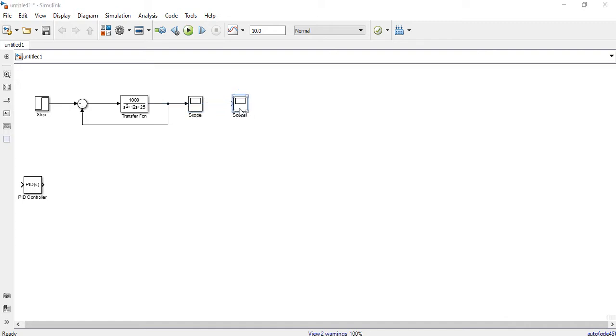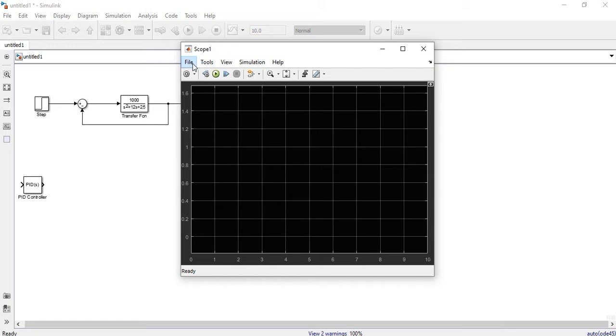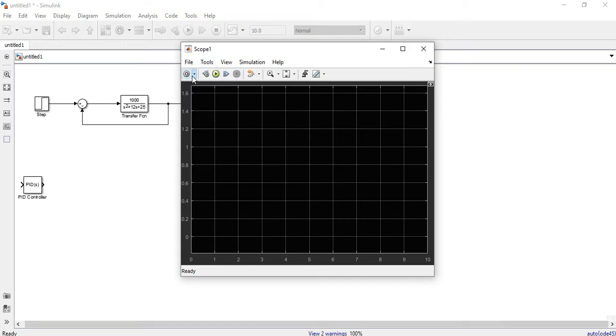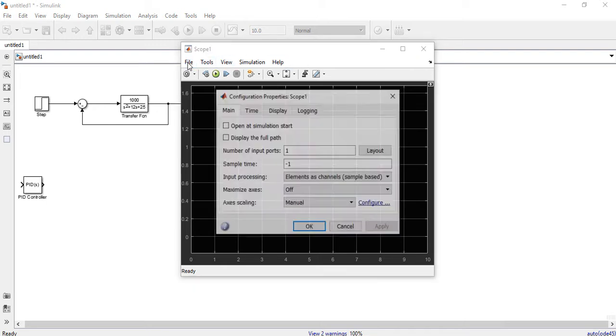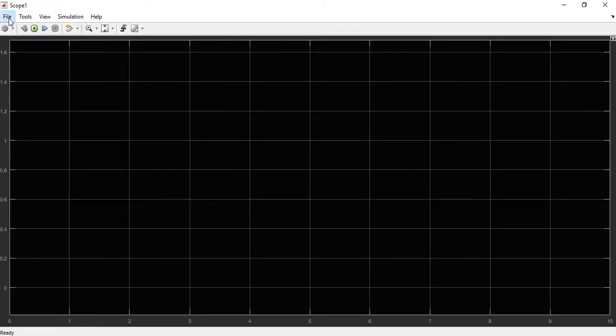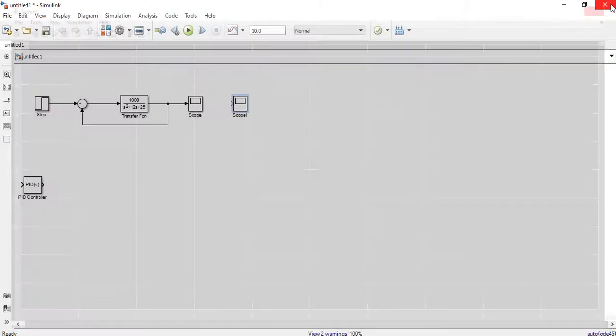I will double click on this scope, and then I will go for settings. It will ask how many axes there are. Right now it is not visible, but we will see one by one.